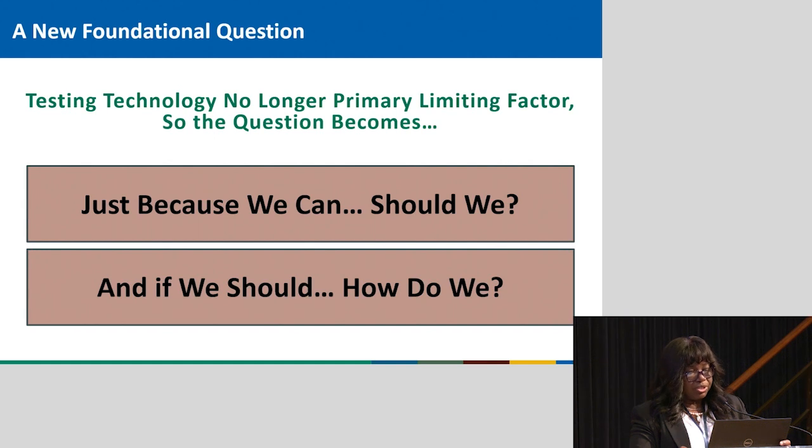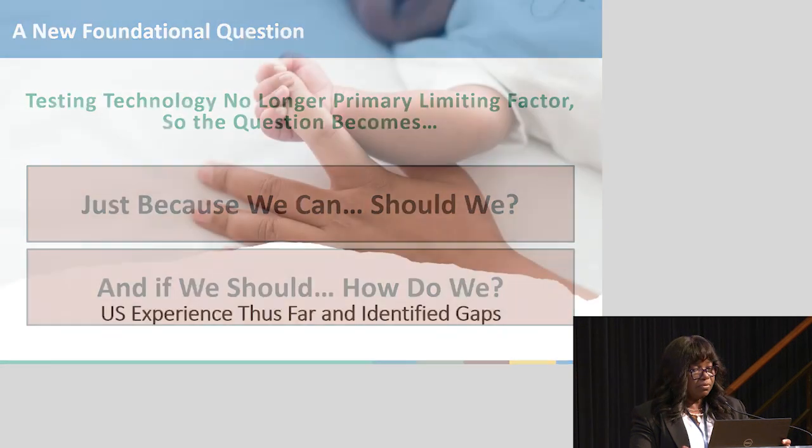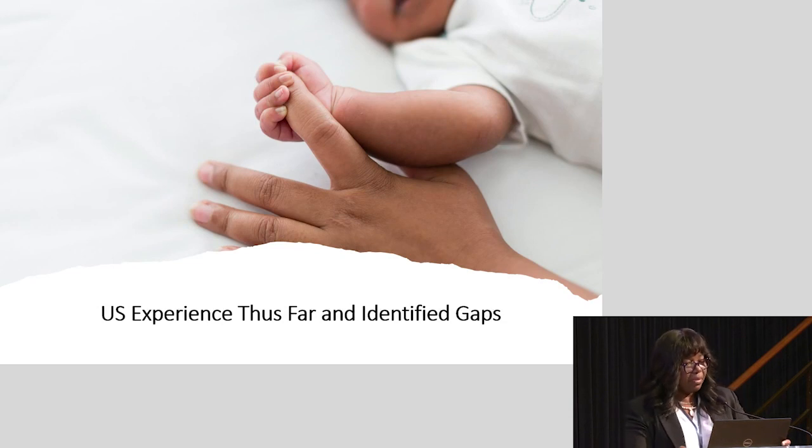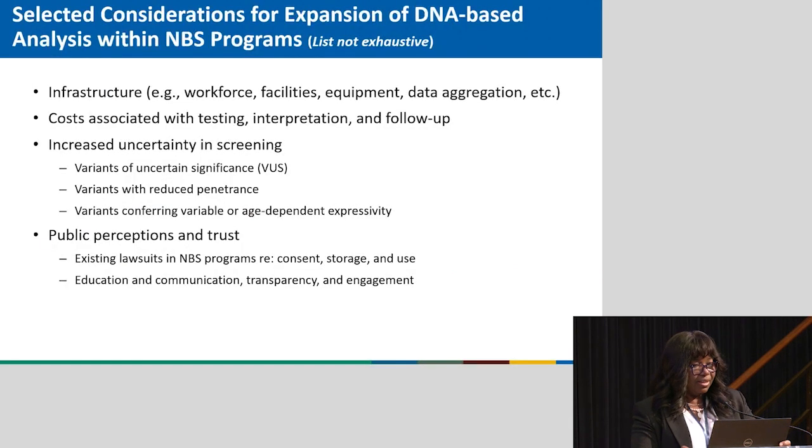And if the answer to that question is yes, we should, then we must consider how we should do so in a way that allows for innovation, respects familial autonomy and privacy, and does not exacerbate existing disparities in healthcare outcomes amongst children. To help us consider where sequencing may fit in our public health system, we can look to the considerable lessons learned thus far in the use of molecular testing within newborn screening programs in the US. I could spend a lot of my time talking about the key considerations for expanding molecular analysis in newborn screening programs, but I've chosen just a few topics, both tangible and intangible, to highlight.